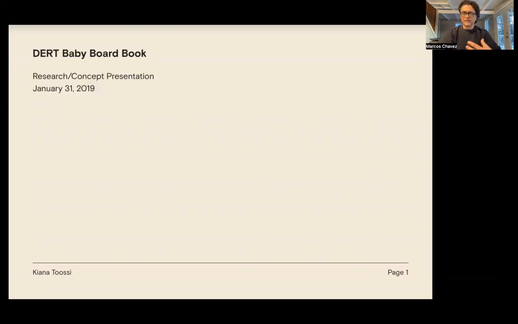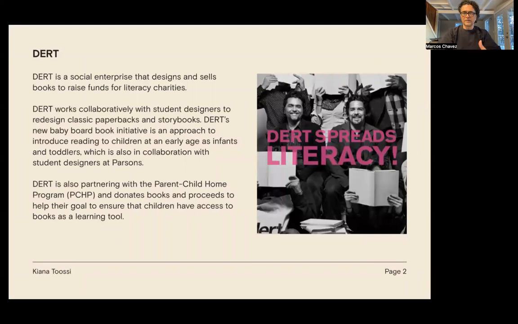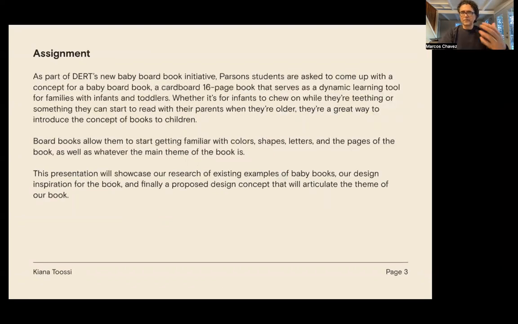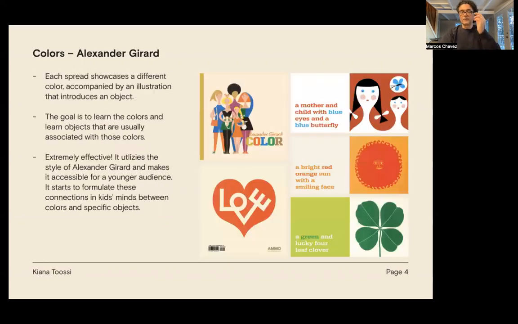You're going to have a cover sheet. You're going to talk about who DIRT is and explain the mission of the brand. You're going to talk about this assignment overall and write out exactly what it is. Even if you literally take the text from here and here, word for word, that's fine with me. Be a pirate, pillage. And then you're going to come up with 3